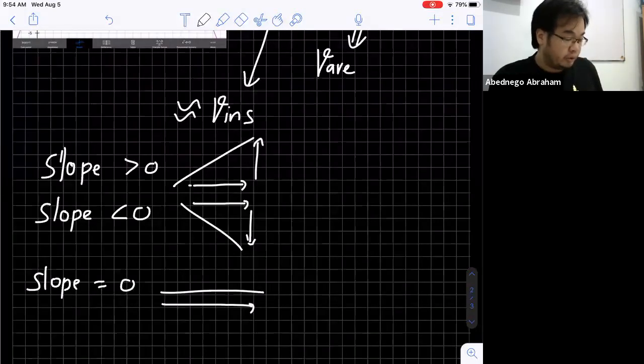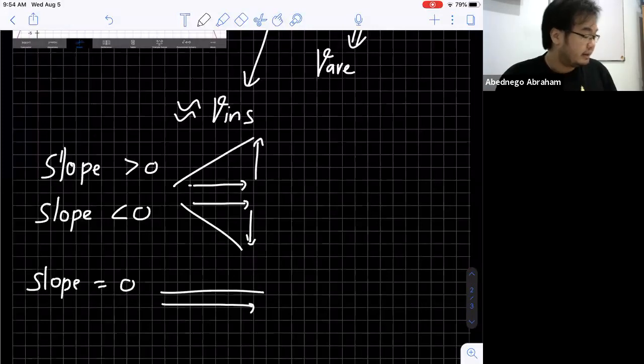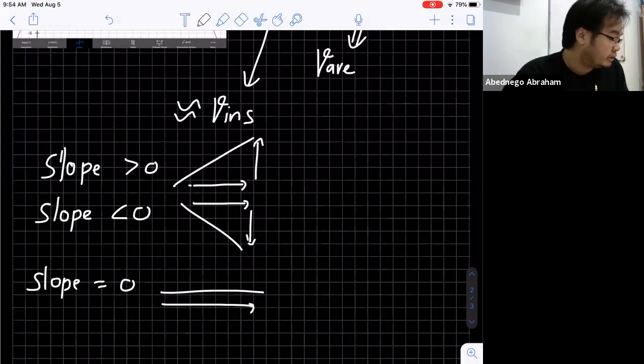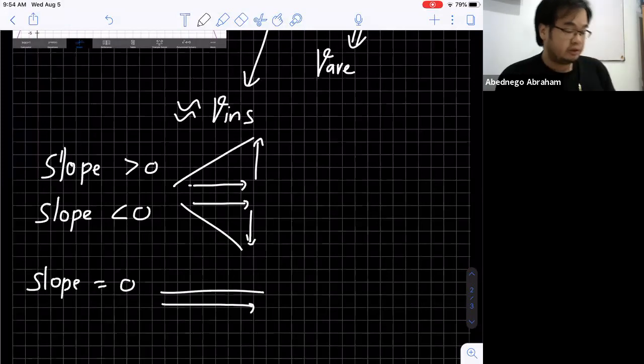Example 2, we will skip. And then let's look at example 3, page 8. This one we have covered yesterday. It's like yesterday's lesson, so you can just read it by yourself. The one that I'm going to discuss again right now is example 4. In the previous lesson, we talked about estimating it when the equation is given. And right now I taught you how to do it when the graph is given.